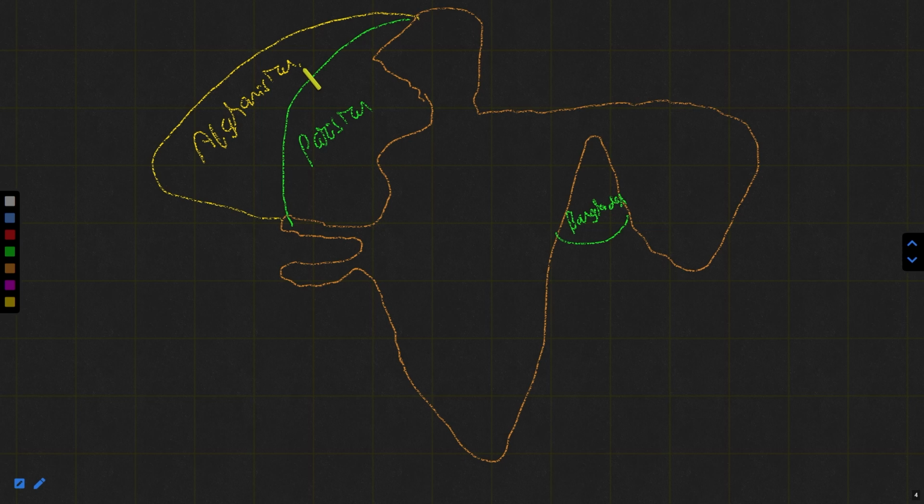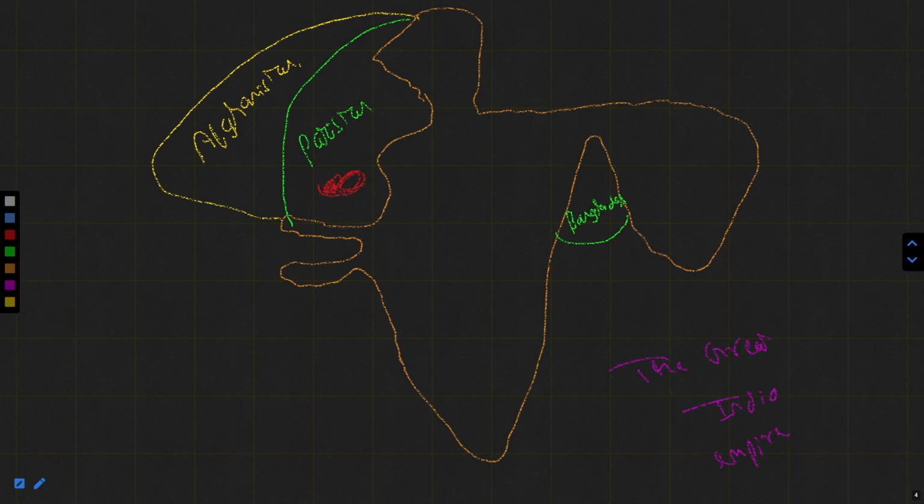That's how today's map looks. But in ancient times, this entire area was a part of the Great Indian Empire. So the Arabs, led by Muhammad bin Qasim, when they attacked, captured the Sindh